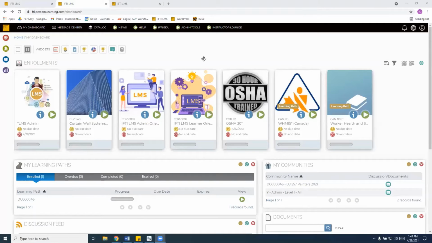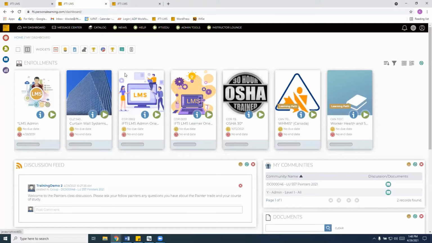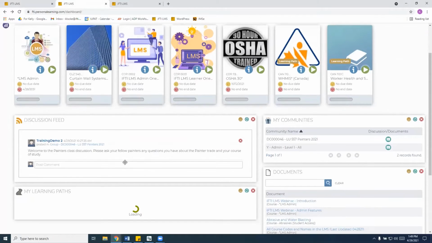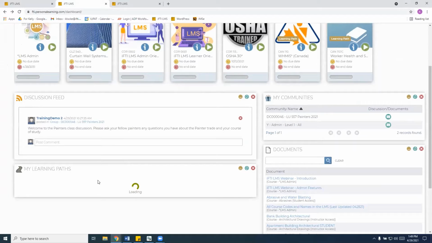Share my screen here. So in the dashboard, you can click on your learning paths as the widget. Donna mentioned that it can be located here. It looks like a road or a path. To enable that, click on the icon, and it will automatically take it down to the bottom of your list here.